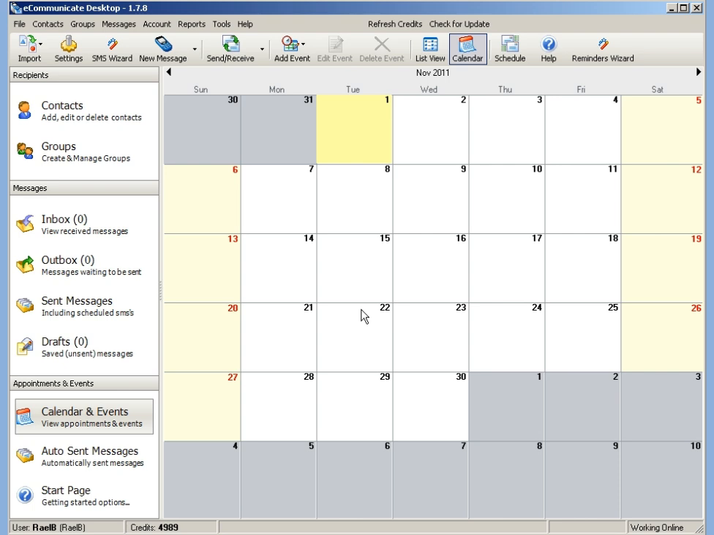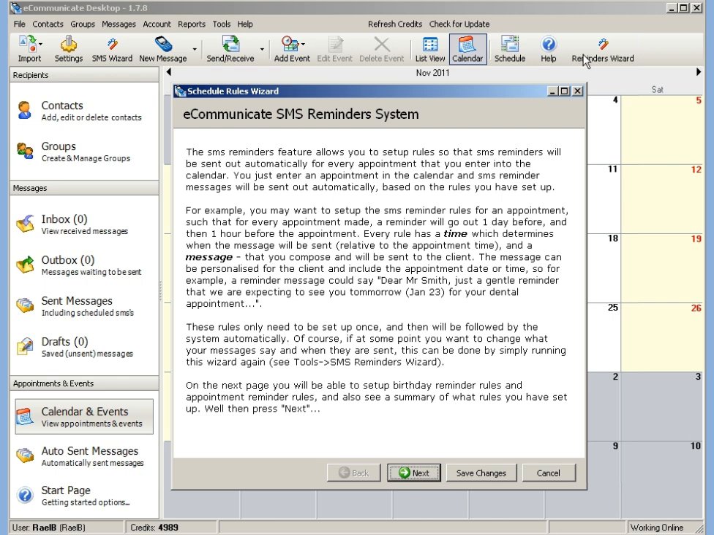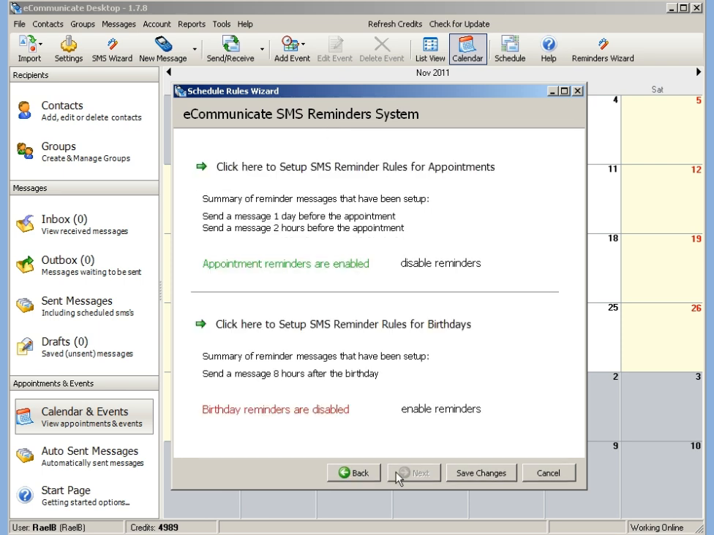The first thing we need to do is show you how to enable the birthday reminders feature. By default it is not enabled. We click on the calendar and events button on the left to come to the calendar section, and then we click on the reminders wizard. Here we have a paragraph explaining the system in more detail, and I discuss that in more detail in the reminders demo. At this point, click on next,